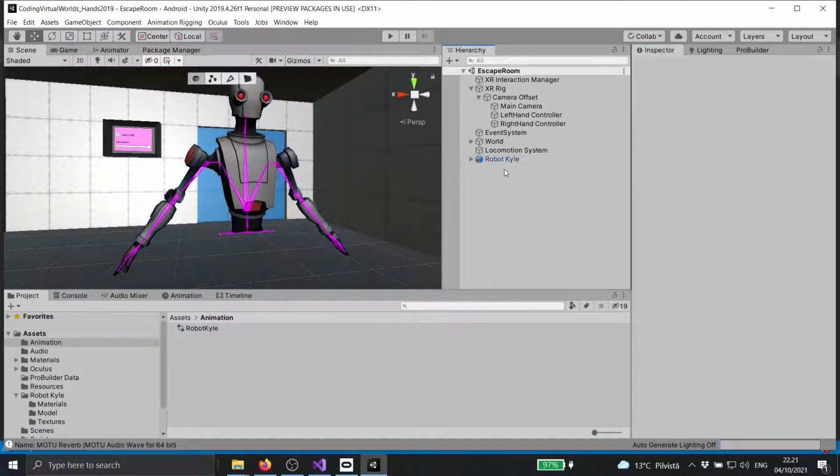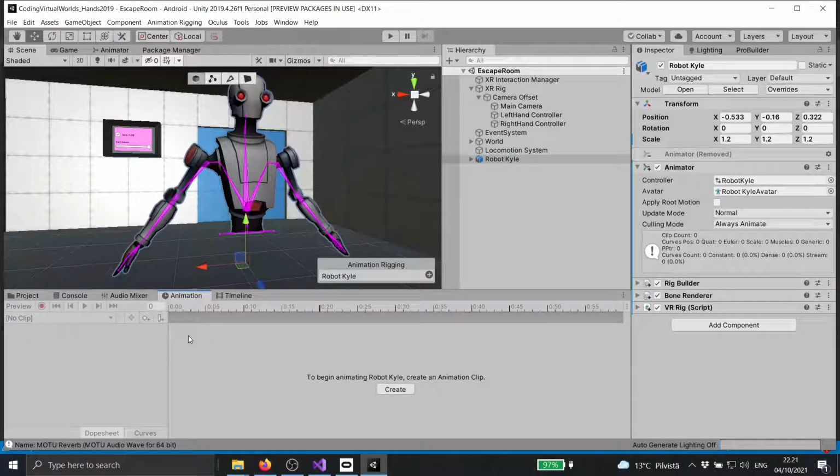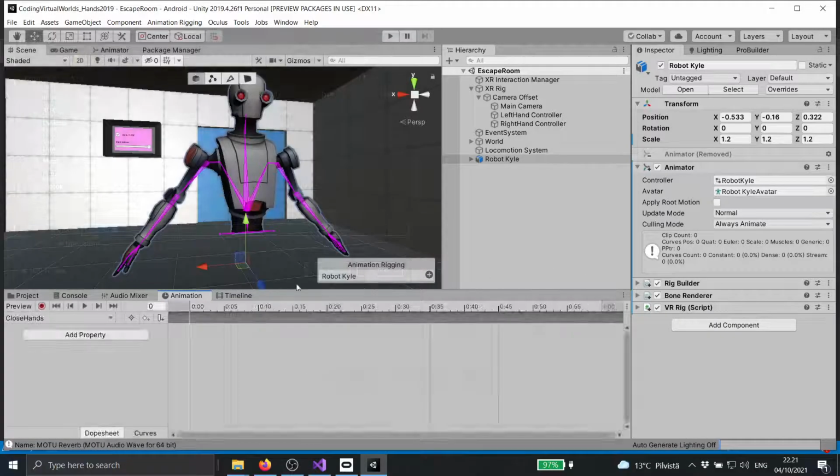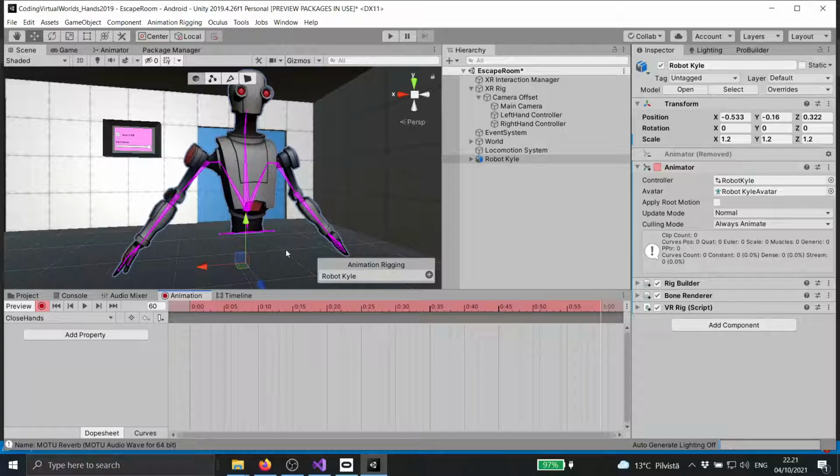Okay, now if we select this to create the animation, we can go into the animation tab, and then it will already ask you to begin animating robot Kyle, create an animation clip, and then we say create, and we call this close hands, and we save this. Now we can go to the last frame and start record, and now